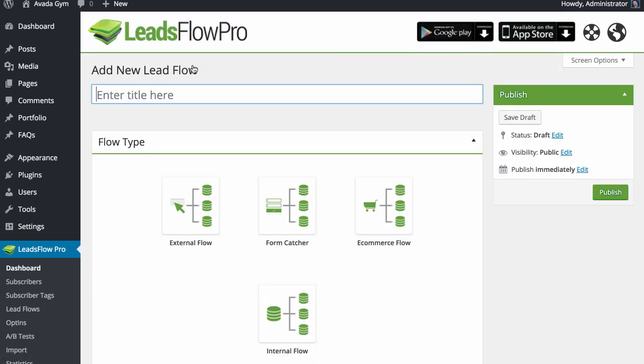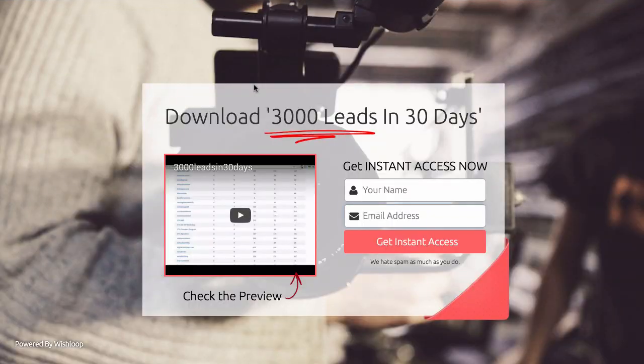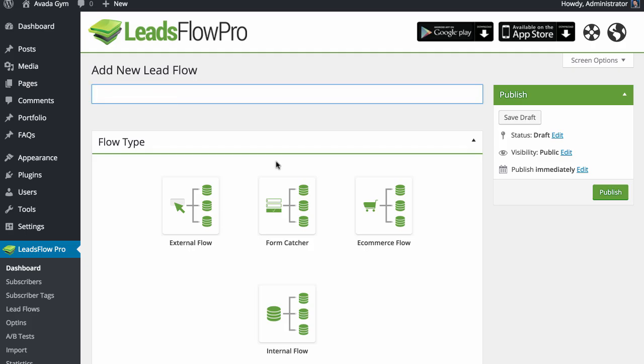And this is going to give you 4 different options. You can add an external lead flow. That's where someone clicks, they buy off your sales page outside of WordPress, and they go through this process, and you can register them for whatever you want to register them for. Also, form catcher. That's if you're capturing an opt-in, like 3,000 leads in 30 days. You want to register them for something, they register, and it then takes them to those actions that you want